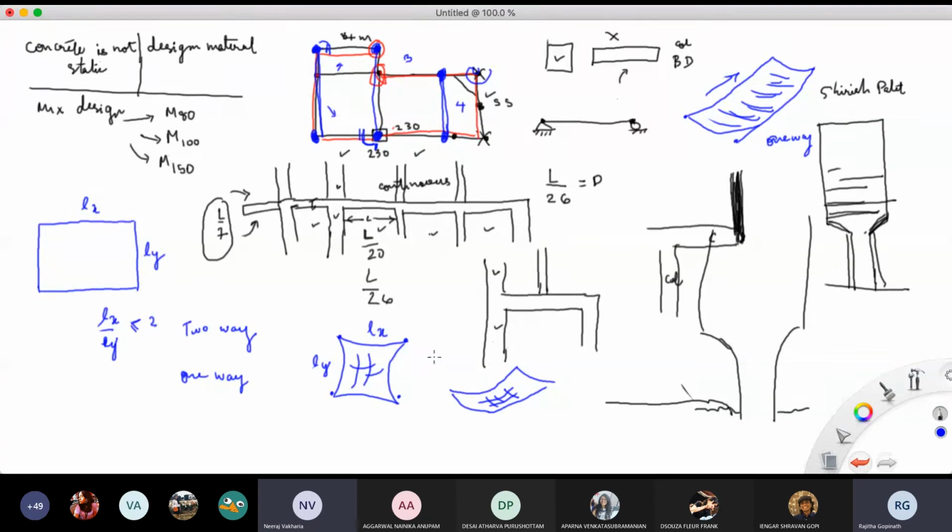Now, deflecting means it is weaker, meaning it is getting more tension in that direction, which means you need to provide the reinforcement only where there is tension, right? So in this case you are going to provide the reinforcement only in this direction. Here there is no need. So the main rebars are going to come in this direction. Because it is deflecting in both directions here, the main rebars will come in both directions.